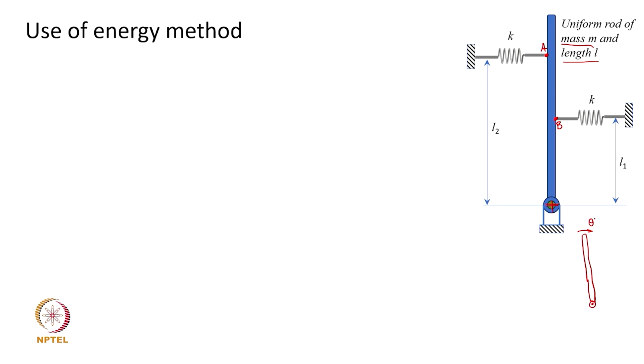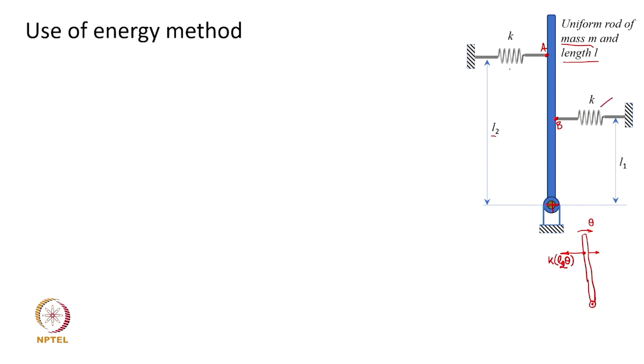displacement theta about the mean equilibrium position, which is vertical assumed here, the restoring forces quickly act on this particular bar, and this restoring force obviously is going to be the stretch in the spring. That stretch is obviously going to be L2 into theta, because that is the length at which the spring is located. So, the stretch with the angle theta made is going to be L1 theta, and the restoring force then obviously will have to be K into this is going to be L2 theta, and this spring is going to